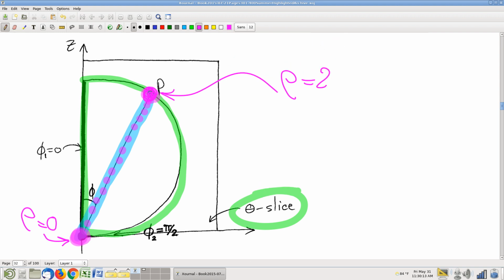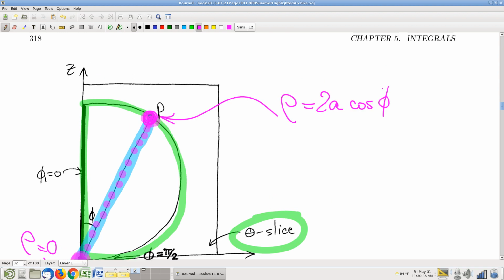Rho is 2a cosine phi. Conveniently, we are already on a phi slice of our theta slice, so phi is fixed and known and given, and so I don't need to work out anything beyond this. This is what the ending value of rho is on that phi slice of that theta slice. Okay, so altogether then,